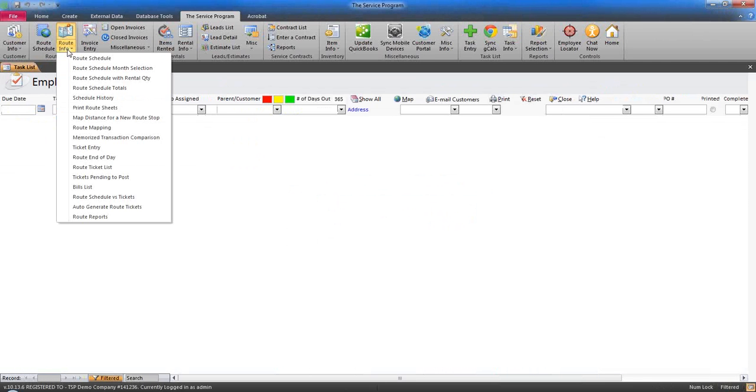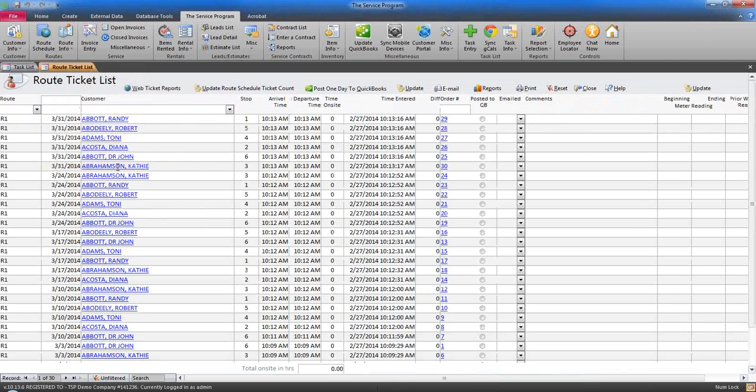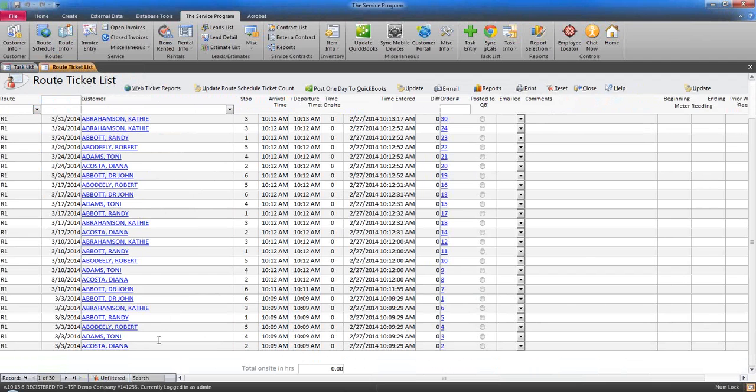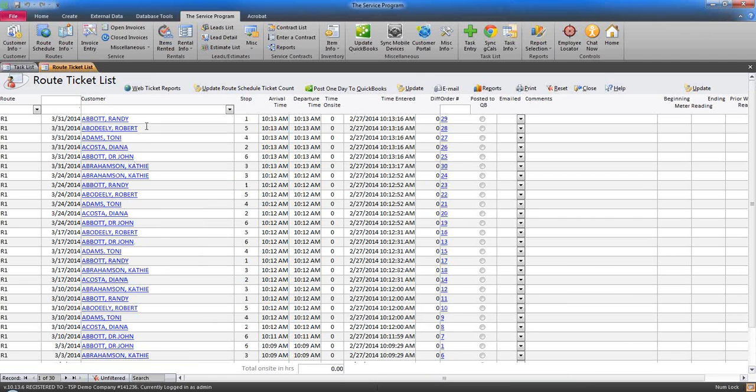Okay, so now if I were to go into route info and route ticket list, I have a ticket for every stop on the schedule for those customers for the whole month. Again, each one of those tickets has a billable item associated with it for the dollar amount for that service. If we needed to charge anything extra for any one of these visits, we could just go